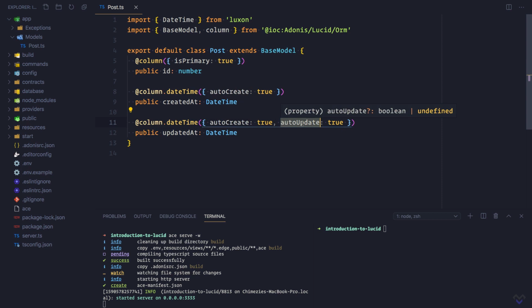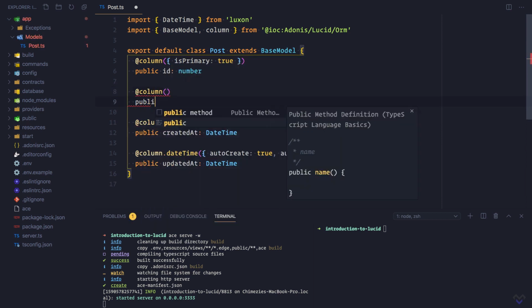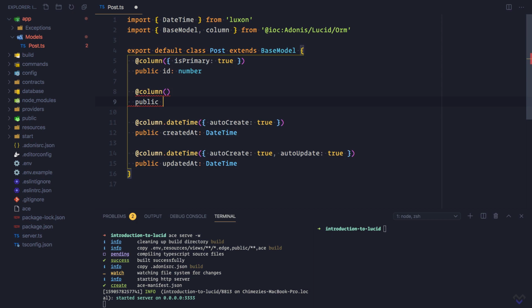Based on the post table structure defined in the last lesson, we need to define the remaining columns. We will define them after the ID column. @column, then public, the name of the column, which will be title, then the type of the column, which will be a string,